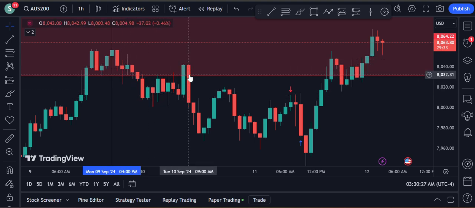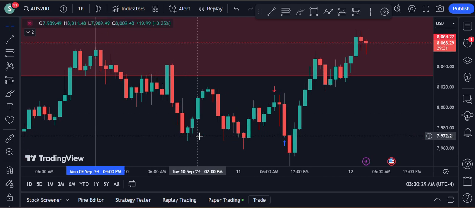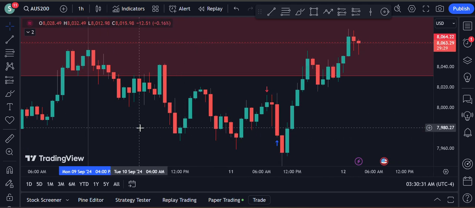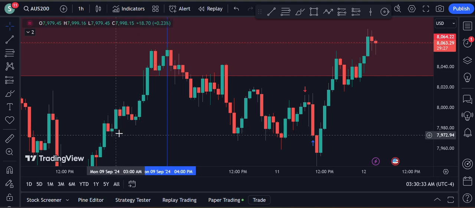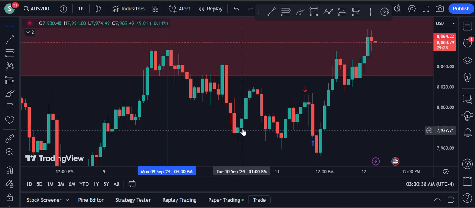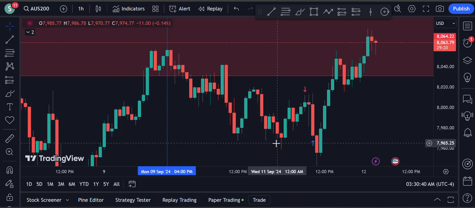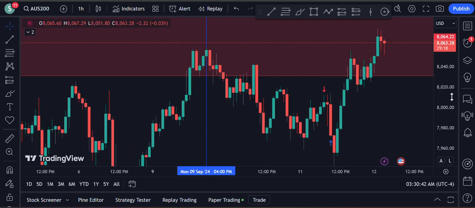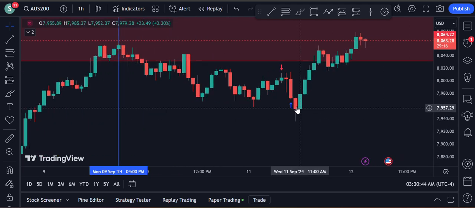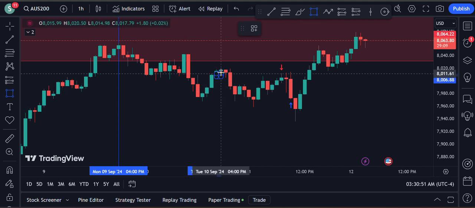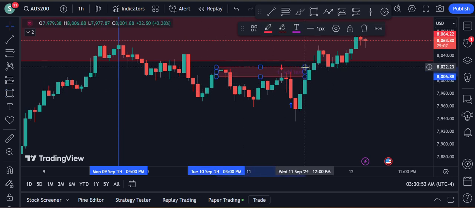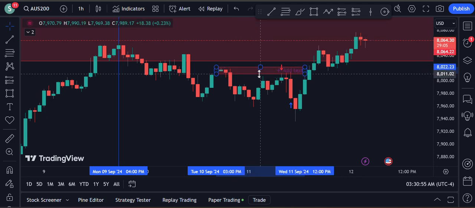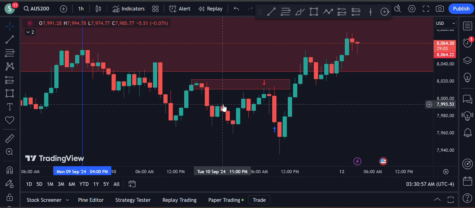So we see price was supported a little bit by this demand zone, tried to go up but it could not, and then it again came down. Then it again tried to go up from this demand zone. As you can see, we tried going up again and then we got down again. At this point we can see this is a supply zone, right? I'll mark this supply zone like this.